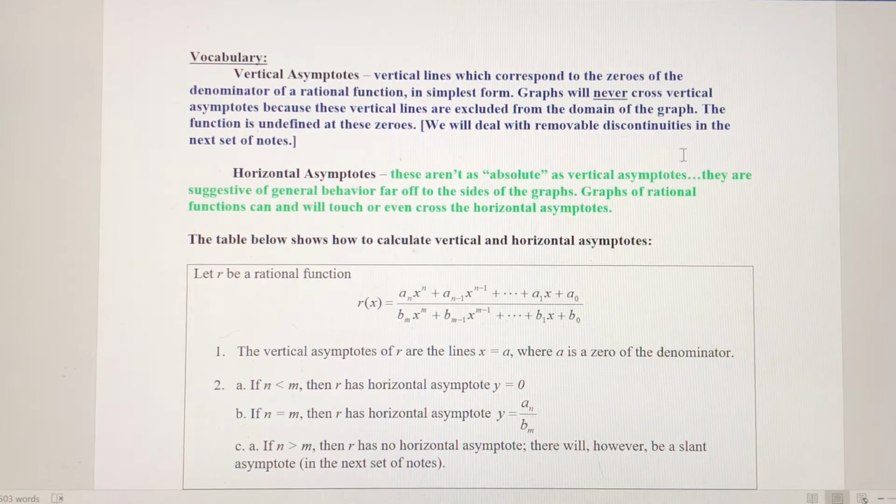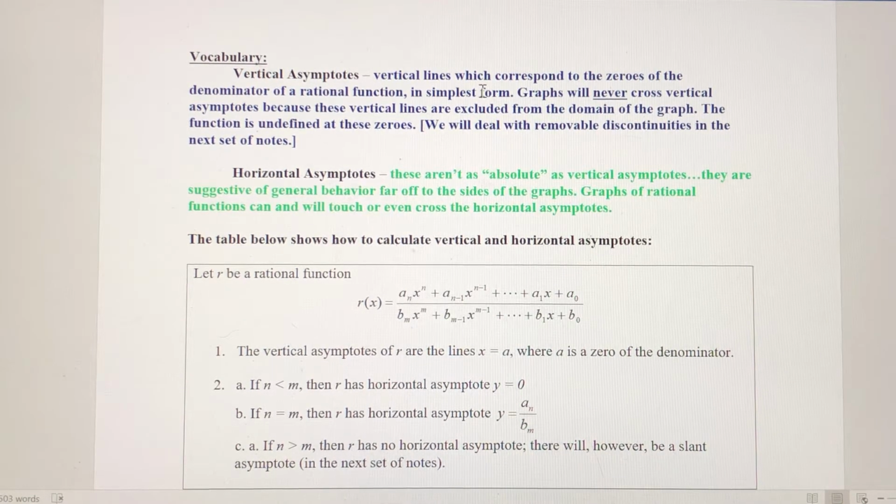So this video is going to cover vertical asymptotes and horizontal asymptotes for rational functions. What they are and how to find those. So first off, let's define those. Vertical asymptotes are vertical lines which correspond to the zeros of the denominator of a rational function